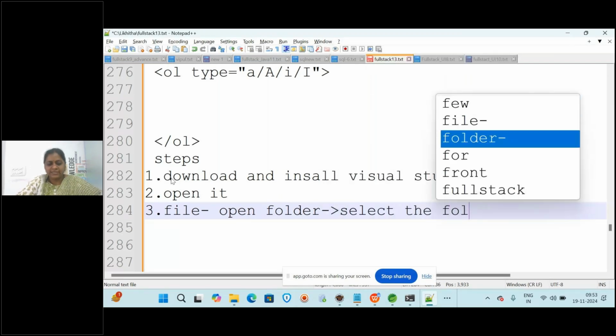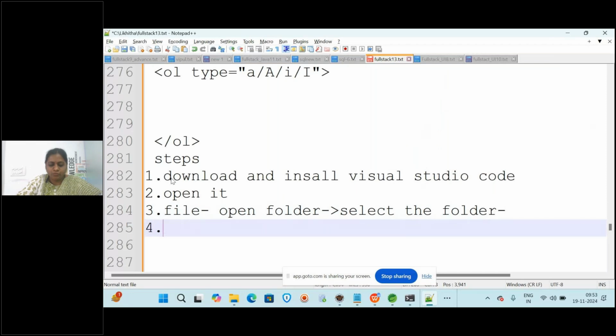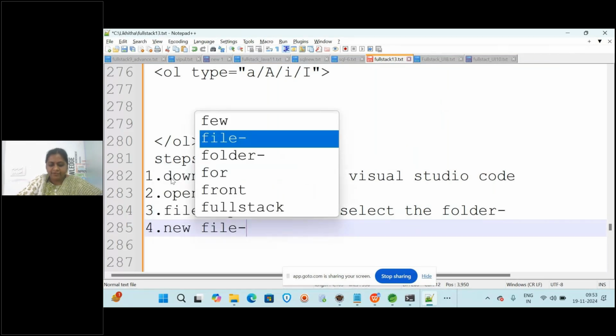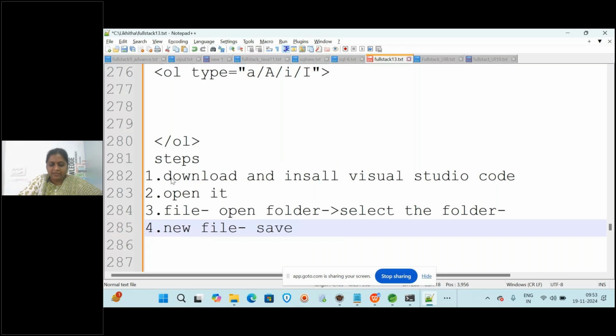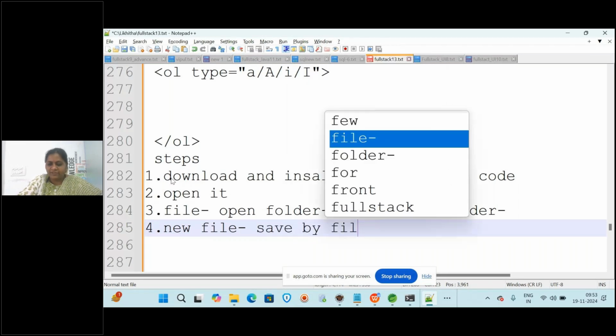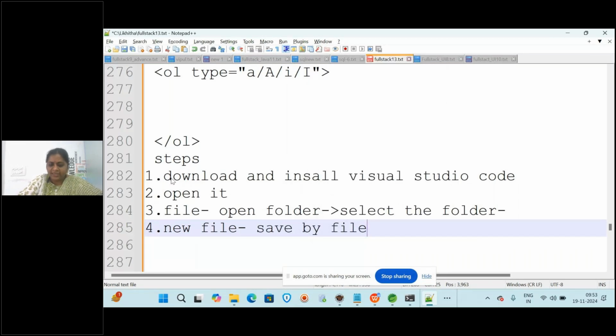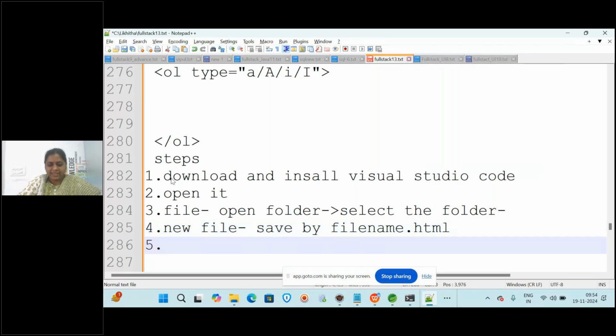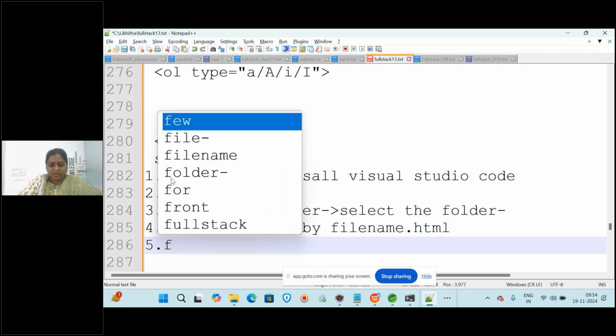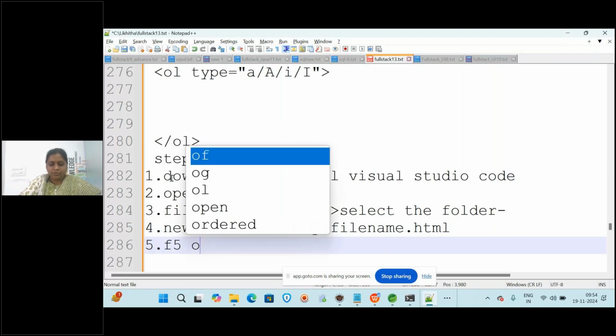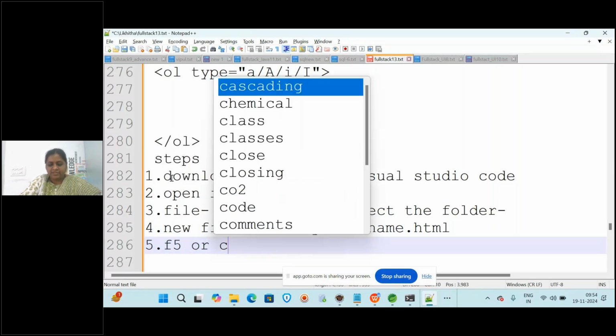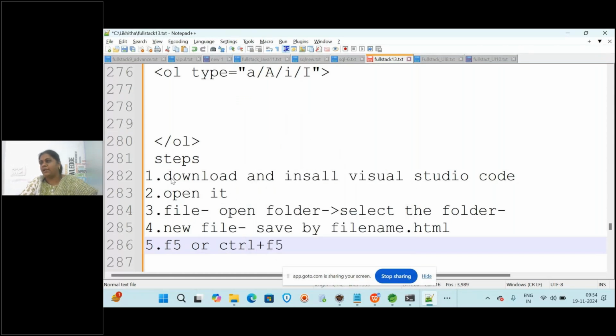Then you can create a new file, save it with any file name dot html, and then to run it without debugging, you can just press F5 or Control plus F5. So this is the procedure to run.